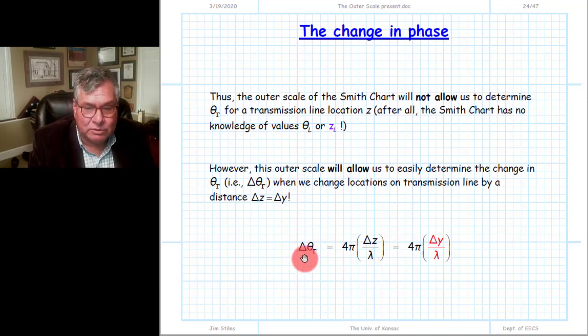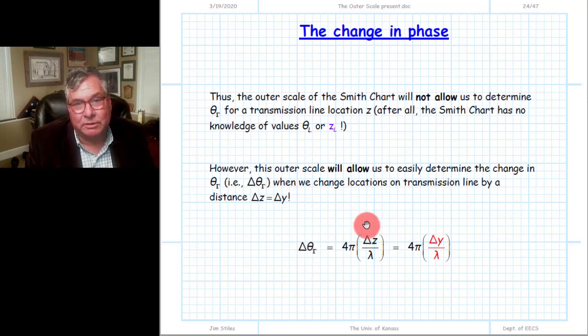If this value, or correspondingly the delta, is what's really important, then we don't need to have a scale that is exactly matching the transmission line scale z. In other words, we don't have to know the load reflection coefficient to determine that change in phase or that change in distance. And so this is just analogous again to our interstate